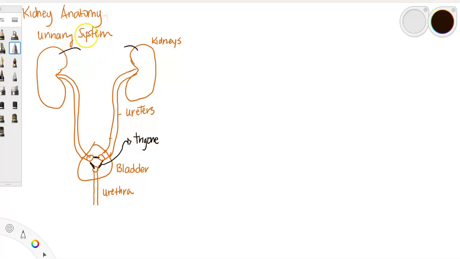The kidneys are controlled by the sympathetic nervous system. The bladder is controlled by both, so controlled by the autonomic nervous system, so both the sympathetic and the parasympathetic. But the kidneys, just the sympathetic. Okay, so